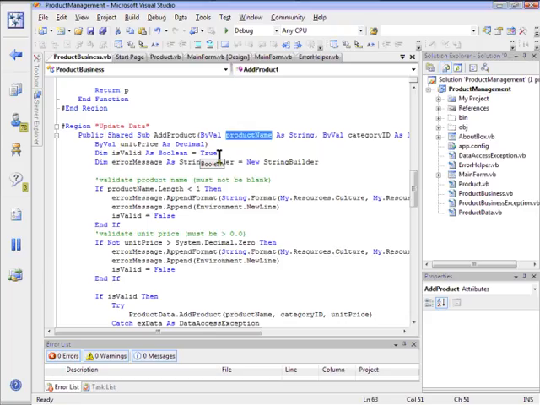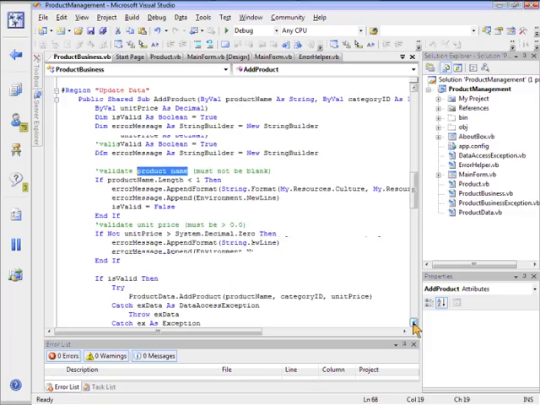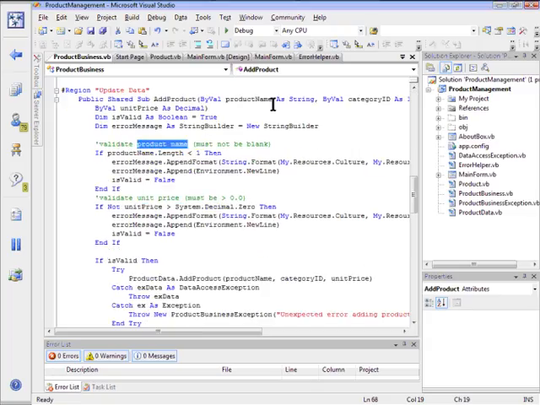And so notice that, as you may expect, there are certain business rules that must be applied when adding a new product to our listing of products. So, for instance, we need to make sure that it has a valid product name. Now, these are some simple business rules. Obviously, the business rules you implement within your organization are probably going to be much more complex